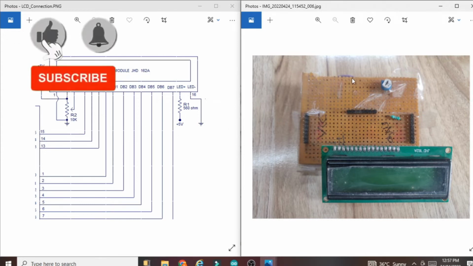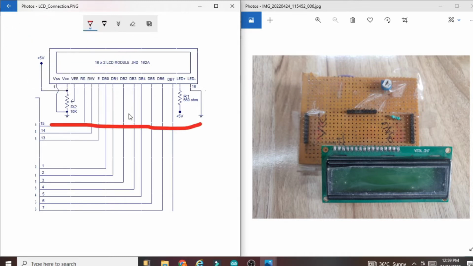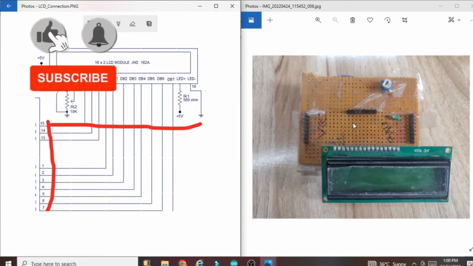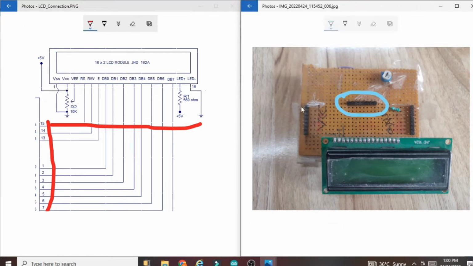I hope you understand how I created this circuit. Once you can design this circuit up to this point, you can directly connect any LCD pin to any controller, and this represents the controller pin basically. So you can replace any controller at this point. Whenever you require Raspberry Pi or Arduino, you can just do plug and play with this circuit at this point. So this is the common VCC point, this is the common ground point, and this one is your input point, which reflects this pin basically.